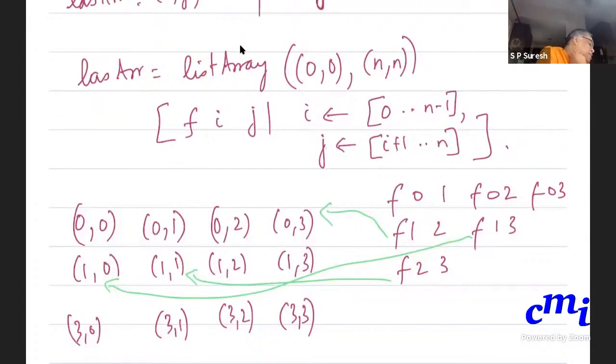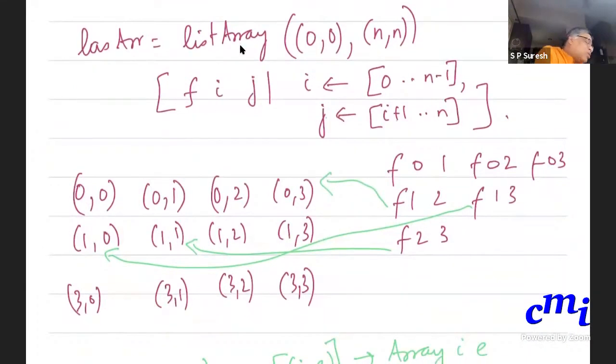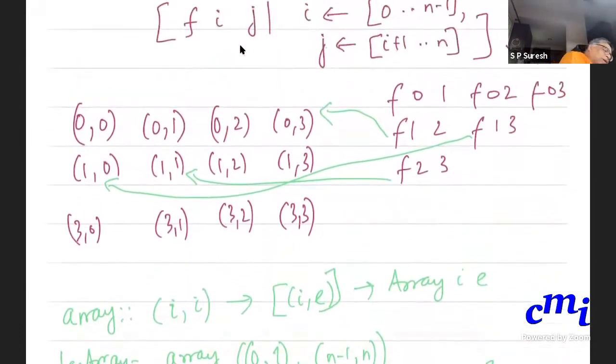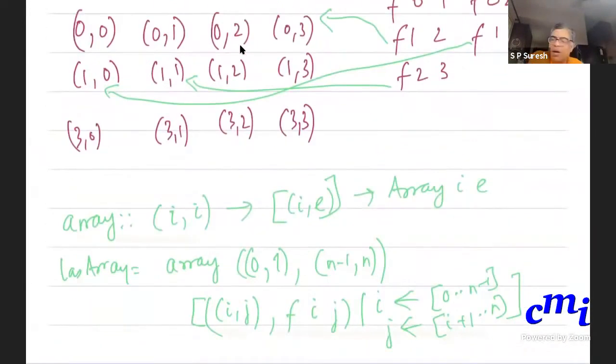And now listArray will just lay out the indices in a line in this order, and then it will read the list from left to right and just lay out the values from left to right in the array. It won't match which value should go to which index. It won't do a very careful job. It will just do it in the same order that you give in the list.